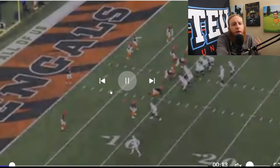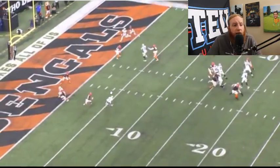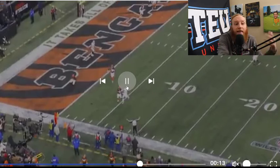Can they do it again, or was that 2nd and 8 just a little bit of a fluke here? Here we go, 3rd and 8. Derek Carr in the shotgun here. Everything locked up beautifully. He has to dump it down to the check down route, and that couldn't even be